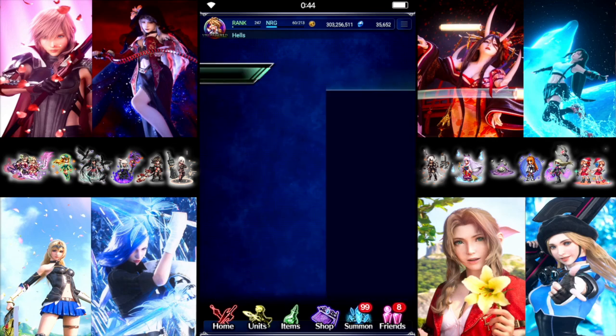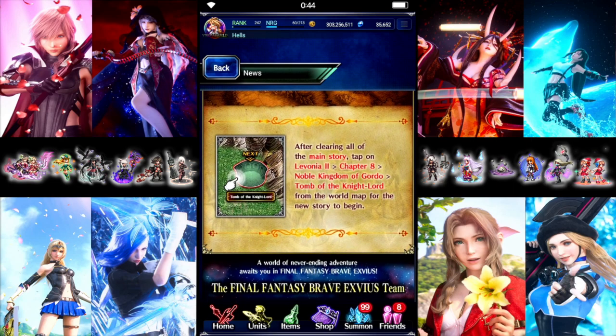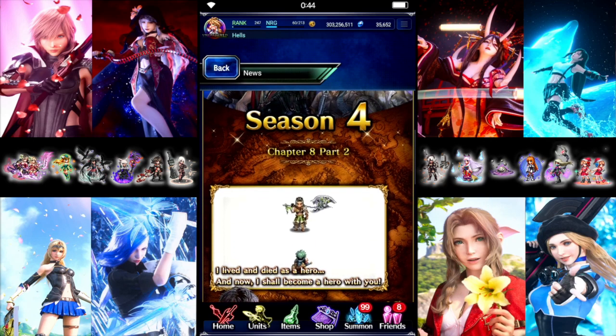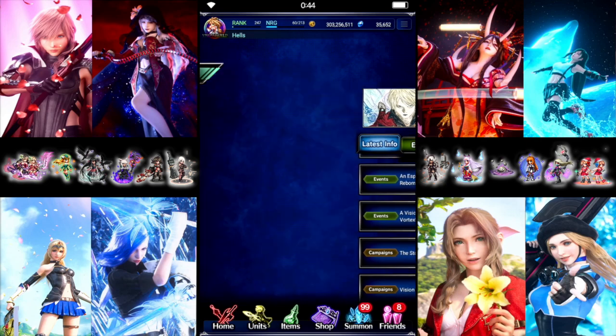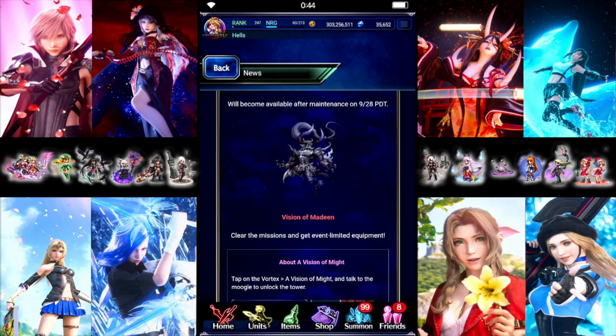New story, nothing really special other than they're just giving us a story update. Been a little bit since we've gotten the story stuff. And then we're getting an elemental fight. So from my understanding, this is going to be one fight with different missions for clearing with entire parties of